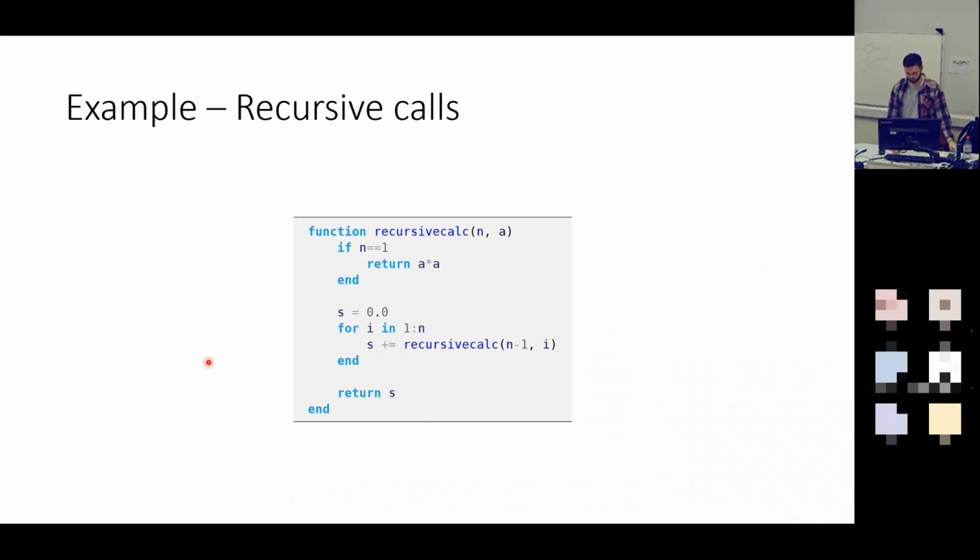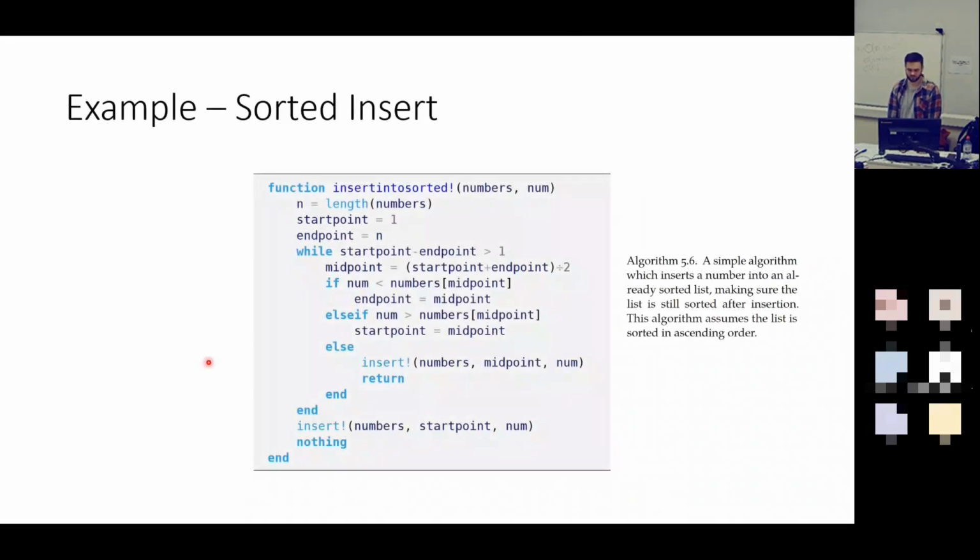Great. Next one might be, you don't see this very often. I should point that out as well. You don't see it very often. So this other algorithm is a sorted insert. So you have, let's say, a list of numbers like 1, 3, 7, 10, 12, and you want to insert the number 9